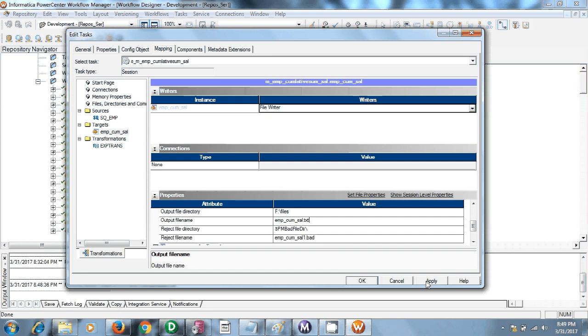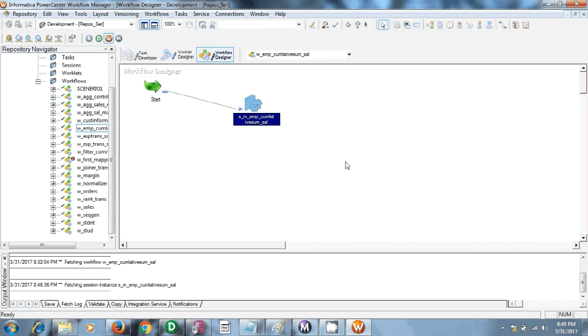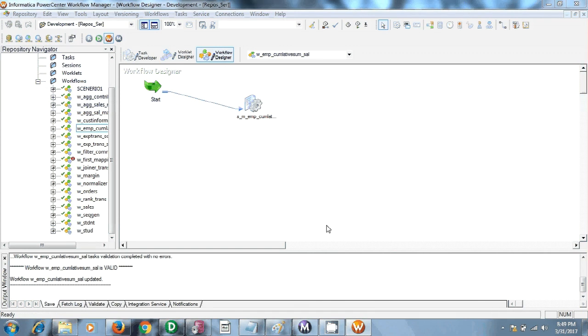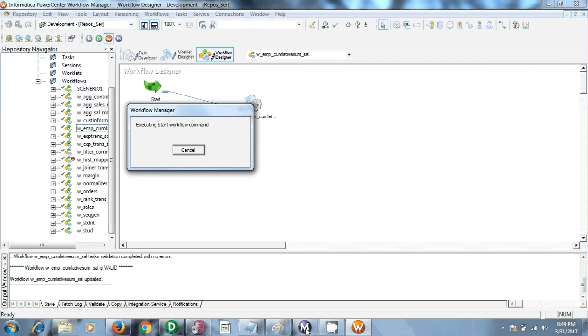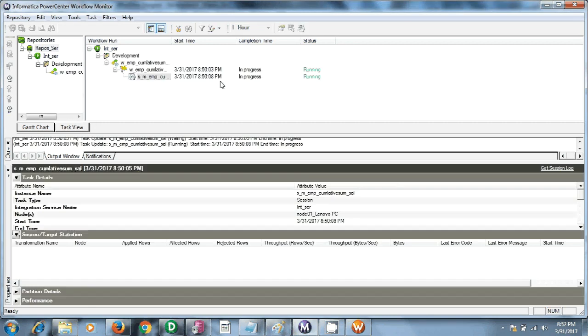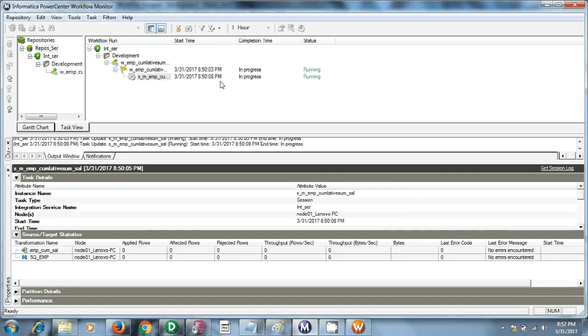Now you have to start your workflow. Right click, start workflow, go to Monitor. Here you can see your workflow. Applied rows: the source has 14 rows and the target also has 14 rows.